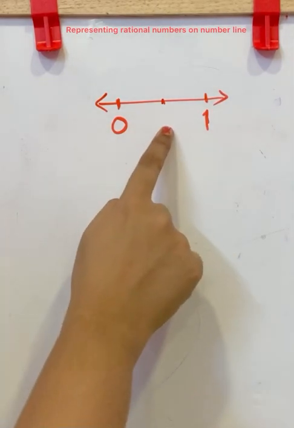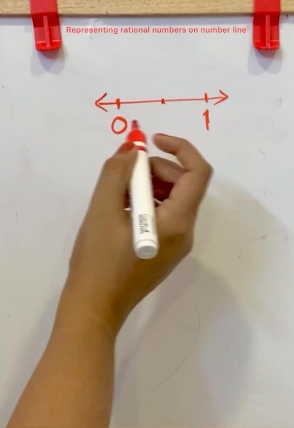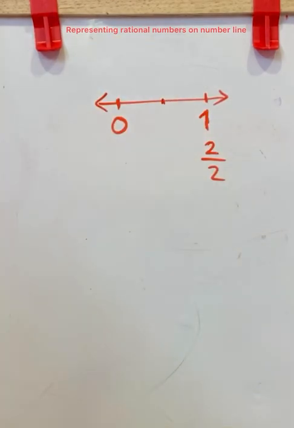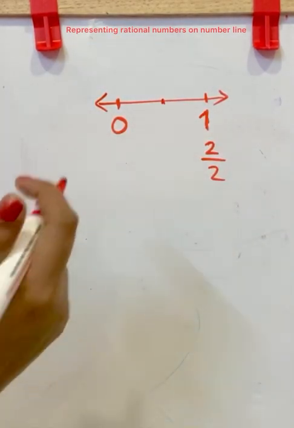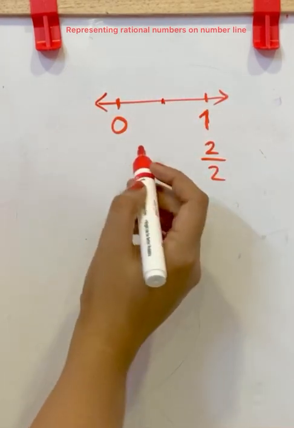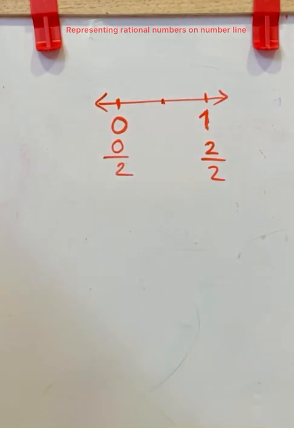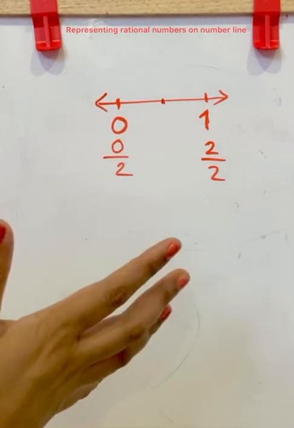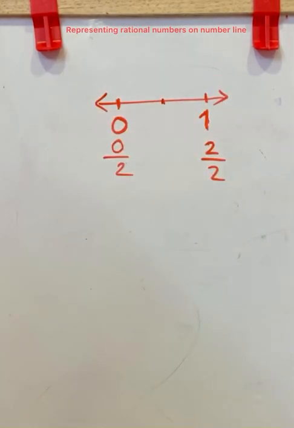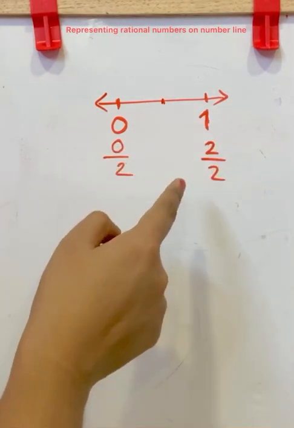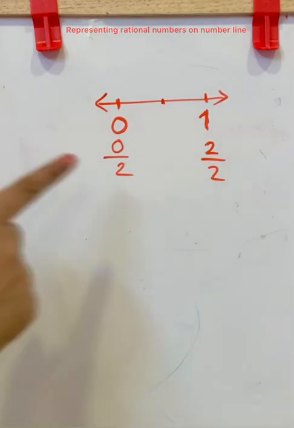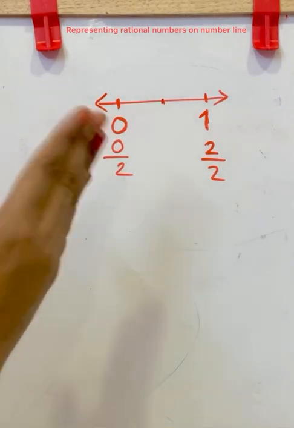Now we want to find the value here, then we can write this 1 as 2 by 2 because we are dividing this into 2 units. Then we are writing it as 2 by 2 and we need the same denominators for solving this problem. So we are writing 0 as 0 by 2. Actually 0 means 0 by any number, but we need here 2 in the denominator because we are dividing this into 2 units. So we are making 1 as 2 by 2. So obviously we want to make this 0 as 0 by 2. Here 0 by 2 is equal to 0.